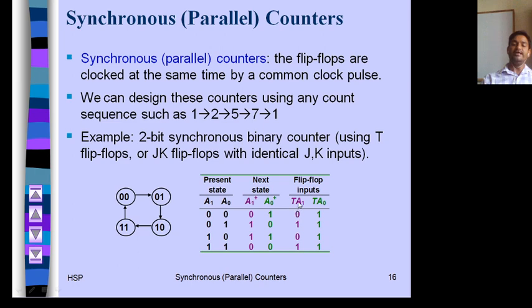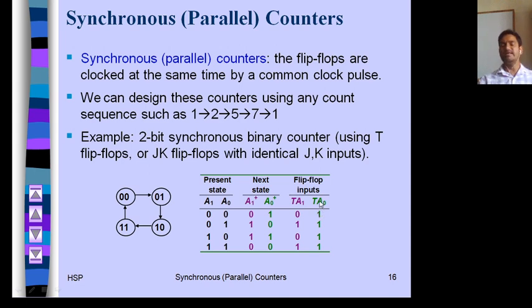So TA1, how will you find out? It will be XOR of A1 and A1 plus. So 0 XOR 0 is 0, 0 XOR 1 is 1, 1 XOR 1 is 0, then 1 XOR 0 is 1. Similarly find out TA0.